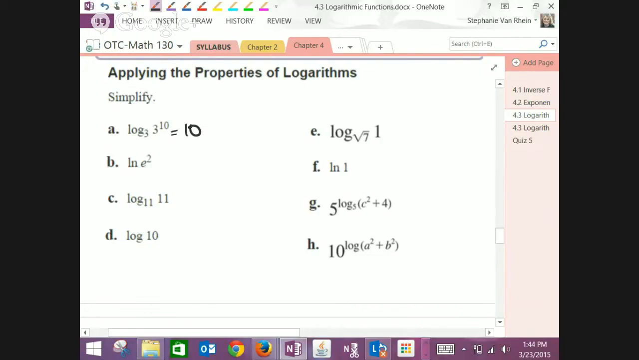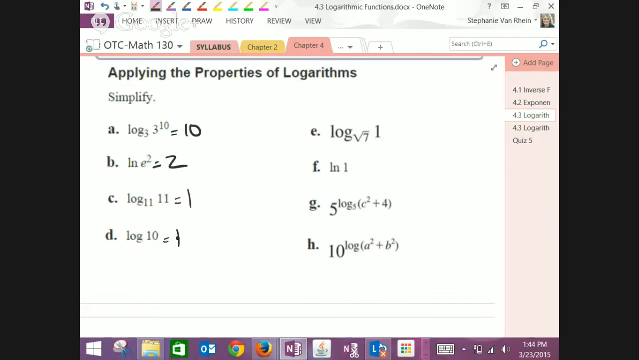ln of e squared. 2. What is log base 11 of 11? 1. What is log base 10 of 10? 1. What is log base square root of 7 of 1? It is